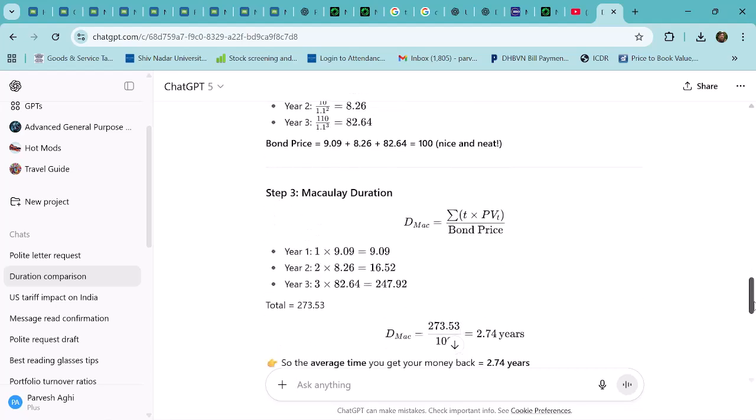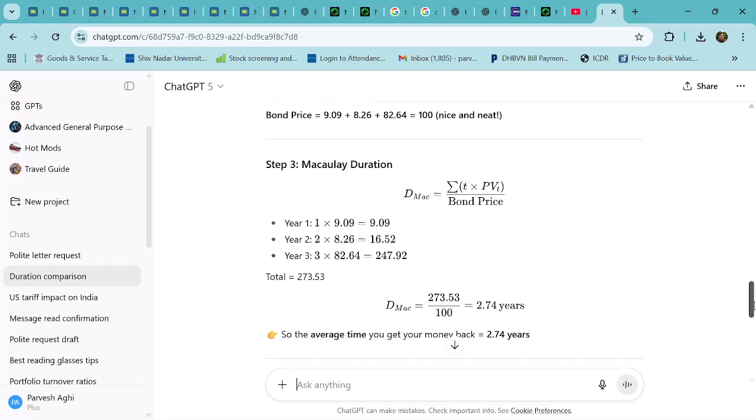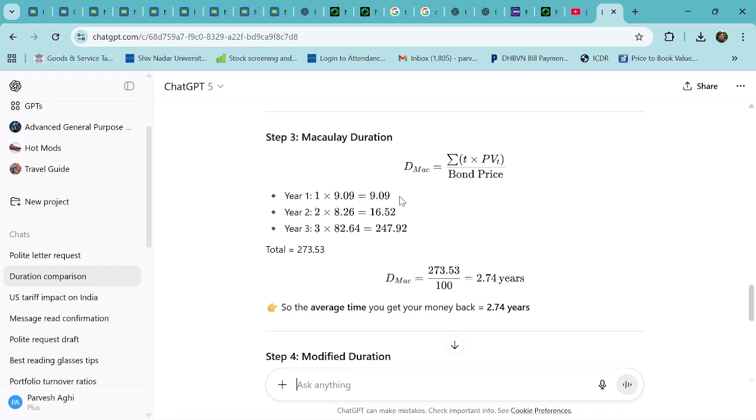So now we just apply to calculate what is the Macaulay duration. Okay. So let's now, instead of rule of thumb, see what is the exact. As per the rule of thumb, it comes to about 3 years. But let's see from the formula how much you get. Okay. So if you use this formula, where you take year 1 and give a weight of 1 for the first year's present value, for year 2 you give a weight of 2. So you keep multiplying this and just add up everything and divide by the bond price. Okay, so you will get a Macaulay duration of 2.74, which means it is giving you the exact time frame in which you are going to get your principal back. Is this clear? Forget the formula, forget the calculation, the concept.